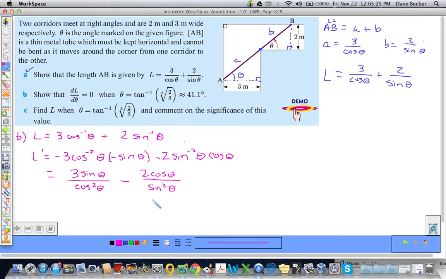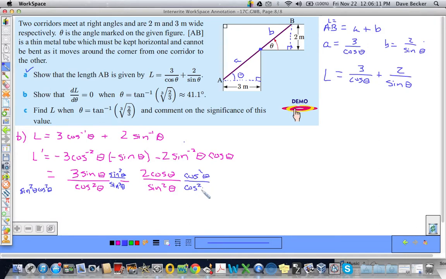So I am going to make it one rational expression, so I can just figure out when the numerator is equal to 0. That will be a lot easier. So my common denominator is going to be sine squared theta times cosine squared theta, just the product of these two denominators. So I'm going to multiply this guy, both numerator and denominator, by sine squared theta. And I'm going to multiply this guy by cosine squared theta,